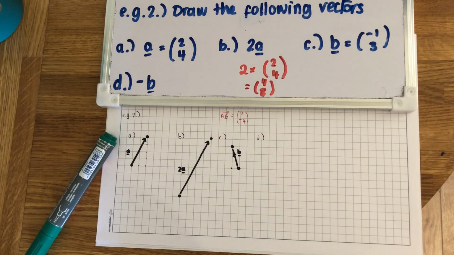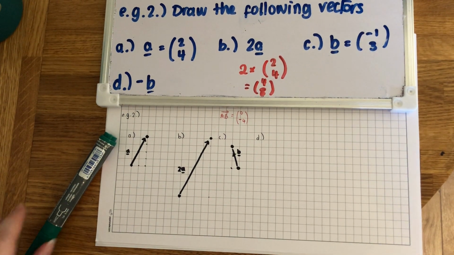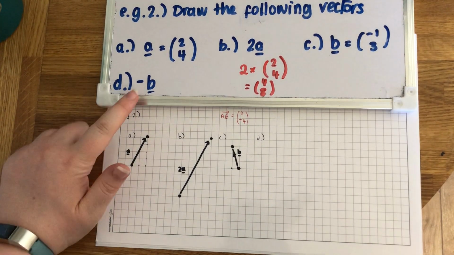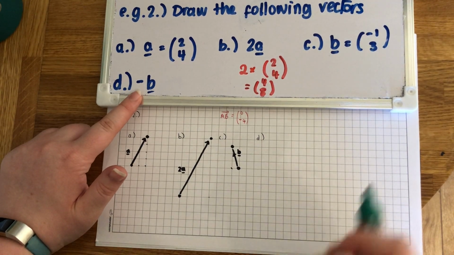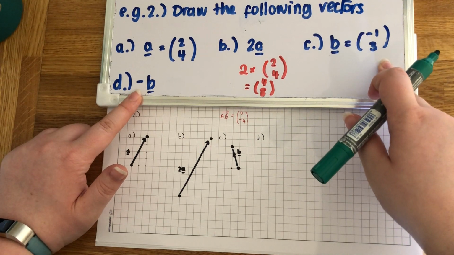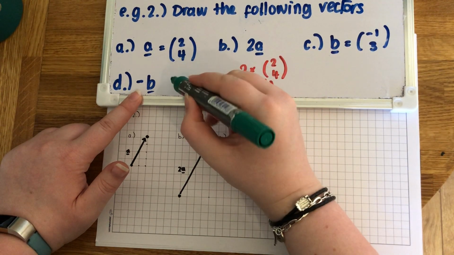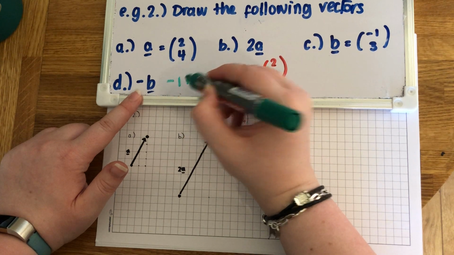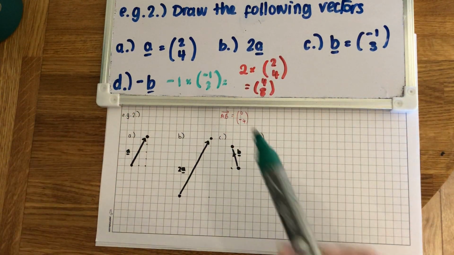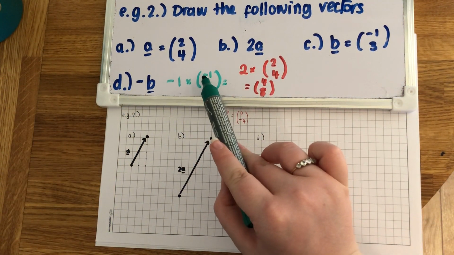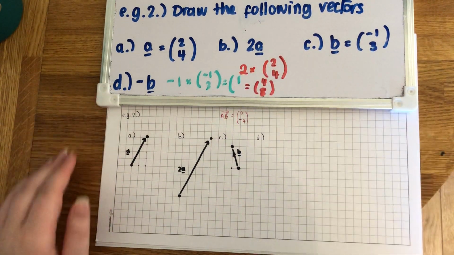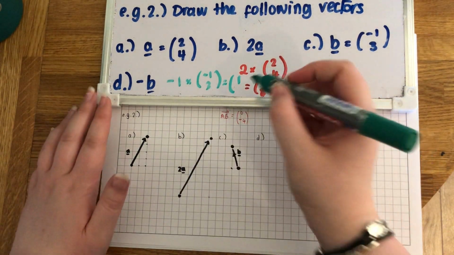Okay. Then finally for D, very similar to this one. Now if you've just got a negative sign in front of it, that's the same as just either multiplying that by -1, or you can just change the signs, okay? So I'm going to do the proper way. I'm going to multiply it by -1, if I can fit it in. So we're going to do -1 multiplied by -1. So the two negatives, when you multiply them together, would give you +1. Then -1 multiplied by +3 would give you